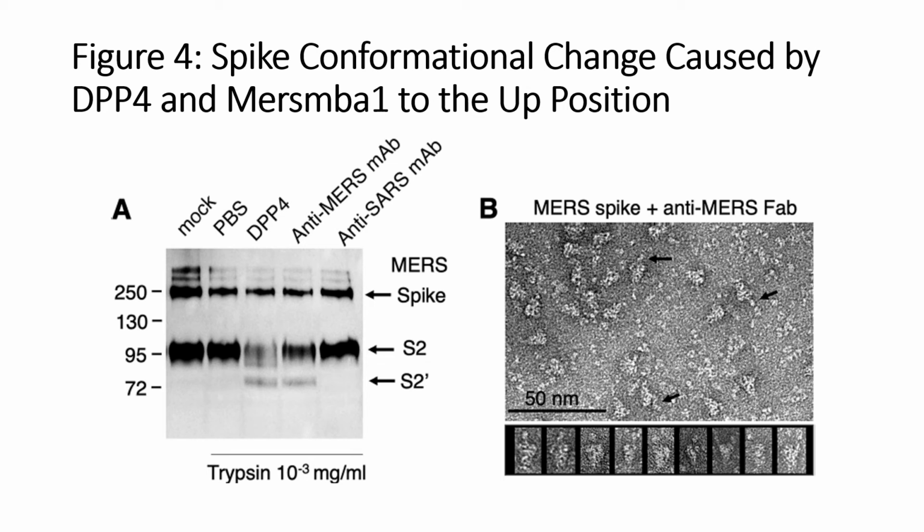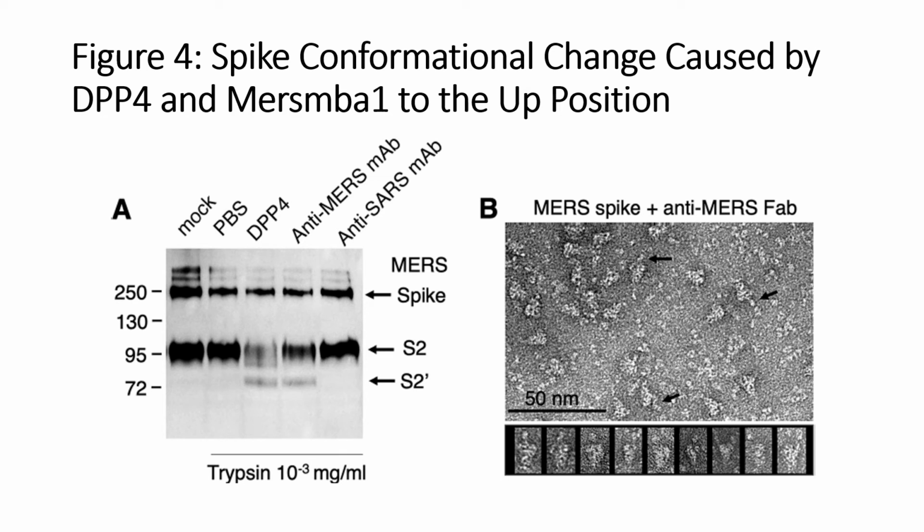Like we talked about earlier, DPP4 binds to the spike and stabilizes the RBD in the up position, but it also results in weakening of the spike that allows for the S2 to get cleaved. This was actually shown in a previous study by Millet et al. in 2014. So the researchers of this study basically replicated that, and they used the MERS-CoV pseudovirus and